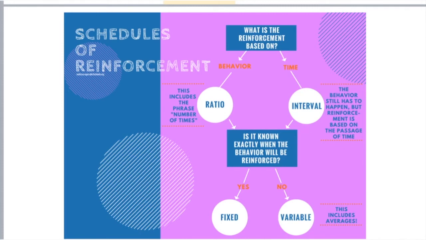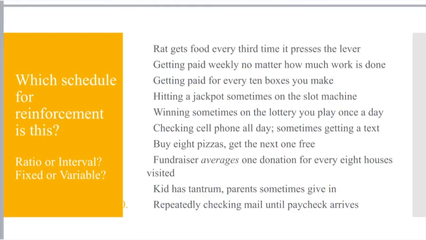A visual way to look at that would be this flow chart. What is the reinforcement based on? Is it based on how often they do the behavior or the time? That's going to bring you to ratio or interval. Do we know exactly when it will be reinforced? Yes, it's fixed. No, it is variable. So just reference this if you are trying to remember the differences between the different types of reinforcement schedules. So with that, I have you guys pause